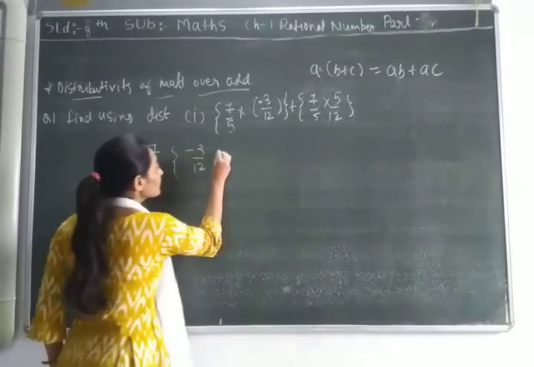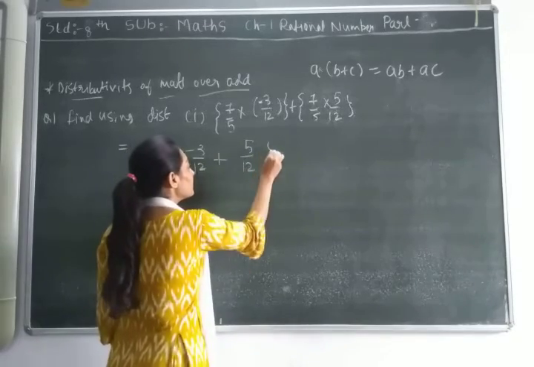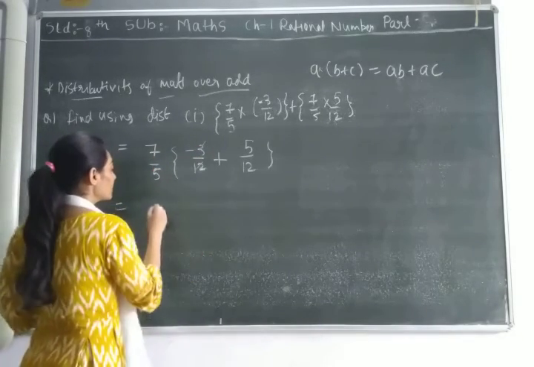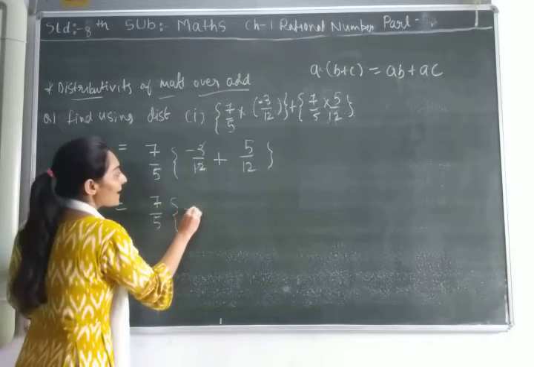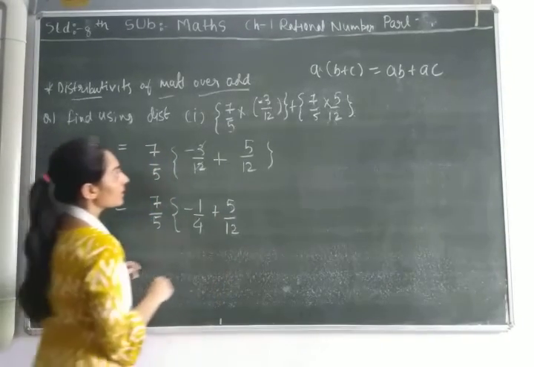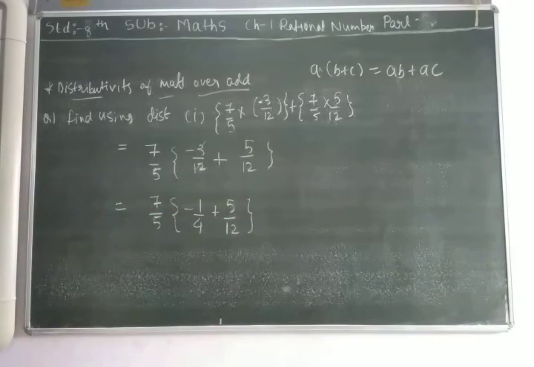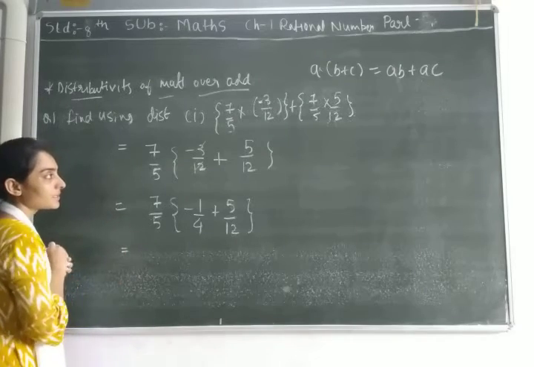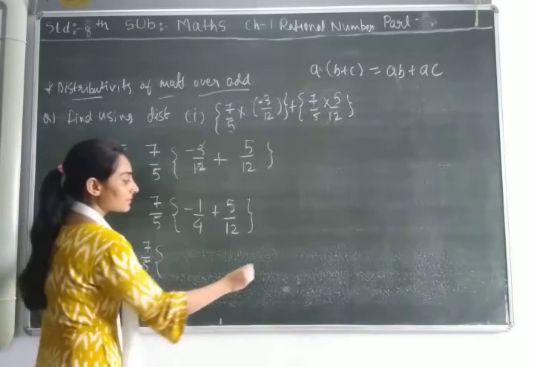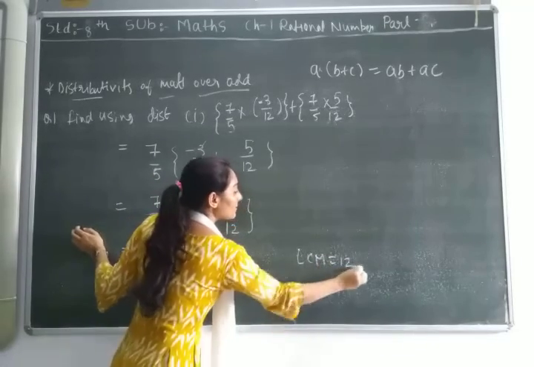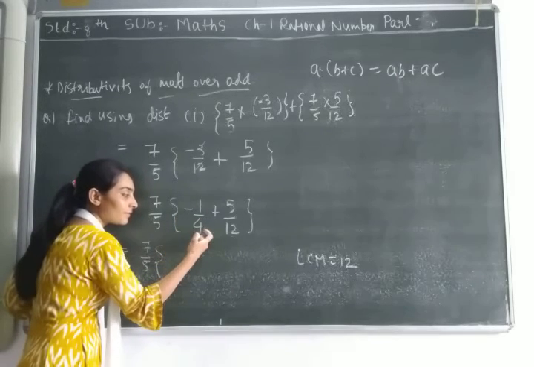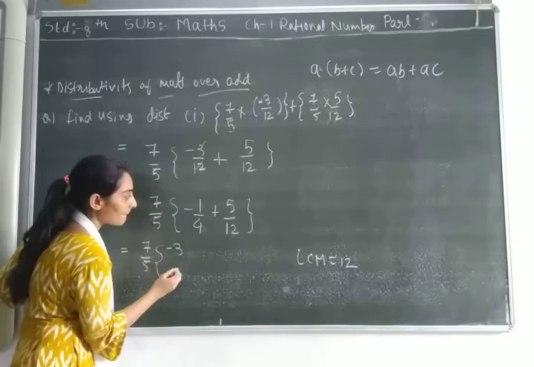And the second thing is the addition sign, 5 upon 12. Now look at over here, both can get cancelled. So what is left over here is minus 1 upon 4 plus 5 upon 12. Now again take the LCM. There is no need to take the LCM, but still we have taken it. LCM is 12. To make 12 over here, which number do we have to multiply? 3 only. So minus 3 plus 5,